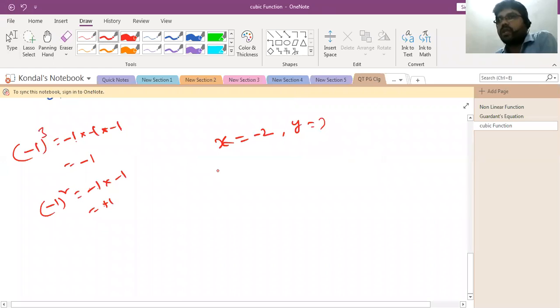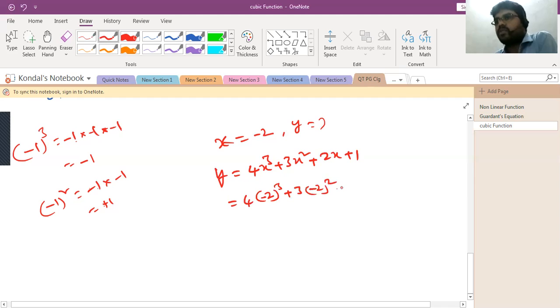Your y is equal to 4x cube plus 3x square plus 2x plus 1. So simply you can substitute: 4 as it is, minus 2 whole power 3, plus 3 into minus 2 whole square, plus 2